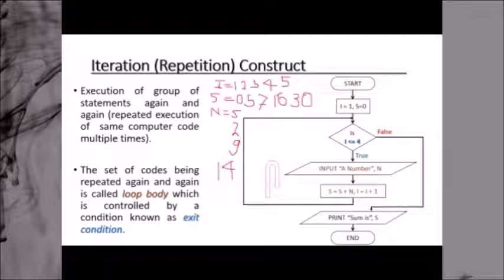No, 5 is not less than equal to 4. So this time you will follow this path. You exit from the loop. This loop was executed again and again, and you exit from this particular loop. So when you exit from the loop, it says sum is 30. This is the sum of the numbers you entered. What are the numbers you entered? 5, 2, 9, 14, the 4 numbers. So this is the program to sum 4 numbers. The task is being repeated, and this is what we call iteration construct.